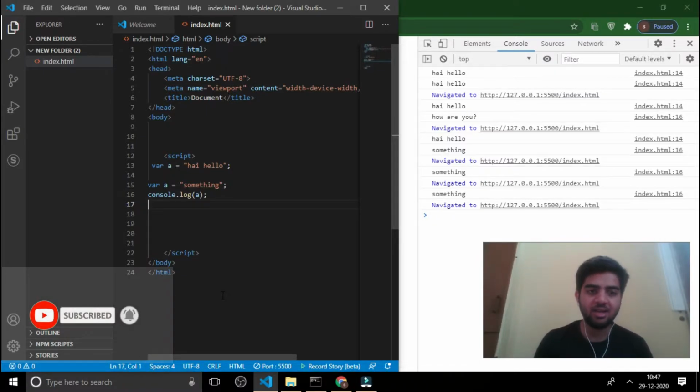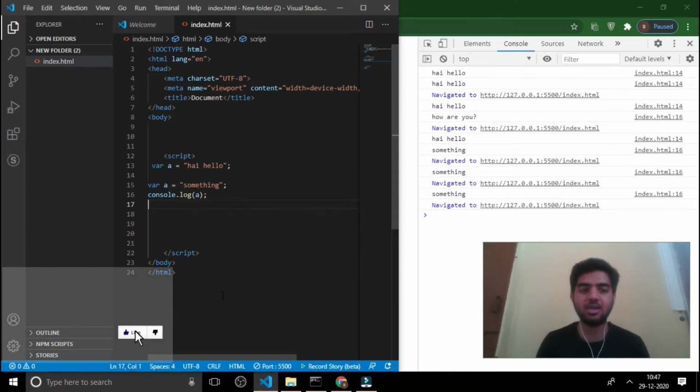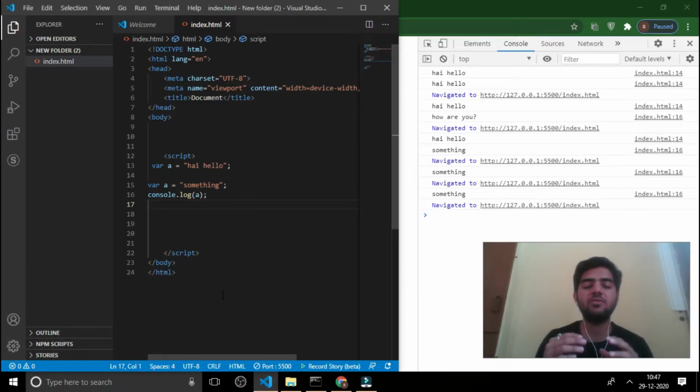Then, coming to the 15th line, another variable with the same variable name a has been declared and assigned the string something. Now the second var will override the first var since the variable names are the same, and when we console.log that variable, we get the overwritten value. This is how var works.